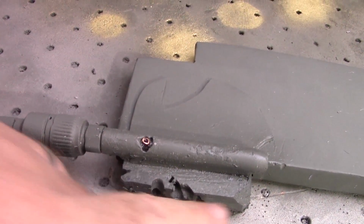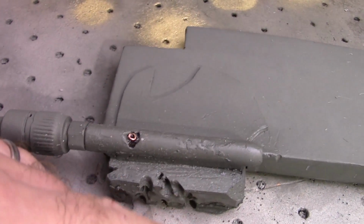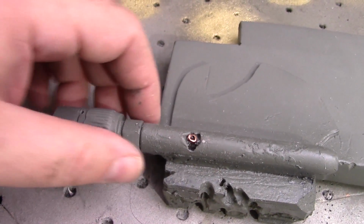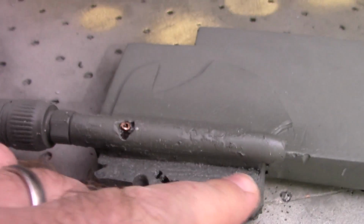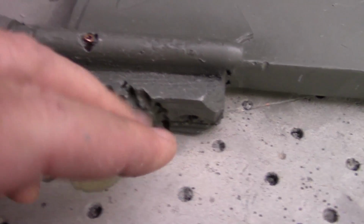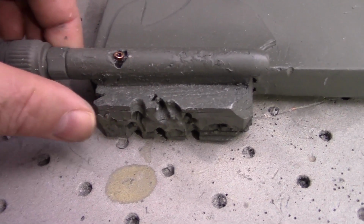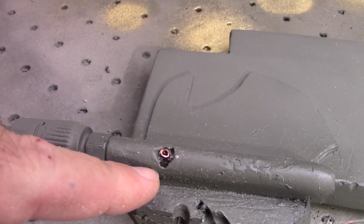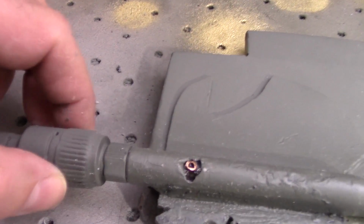And before I get much further, I had pinned up here easily enough, and then I covered that over with some Apoxie epoxy. And I've been finding over the last day or two that this bottom piece was just wiggling around too much. I filled in this side with Apoxie, filled in the other side with Apoxie, and I was still able to snap it loose, so I super glued those back into place, and then finally I just figured, screw it, I'll try and drill through that heavy duty aluminum or steel pipe that is part of this guy here,